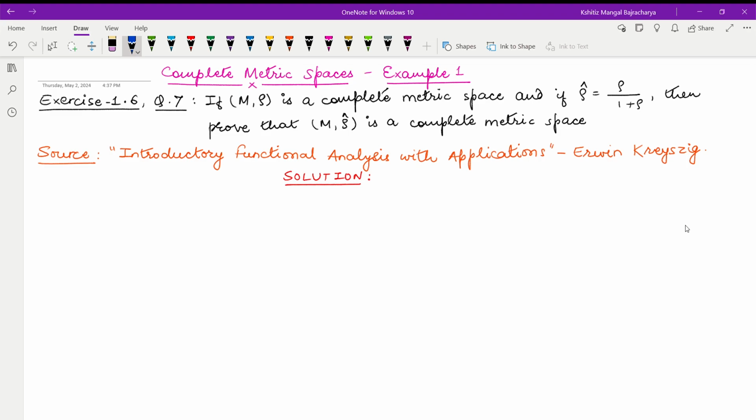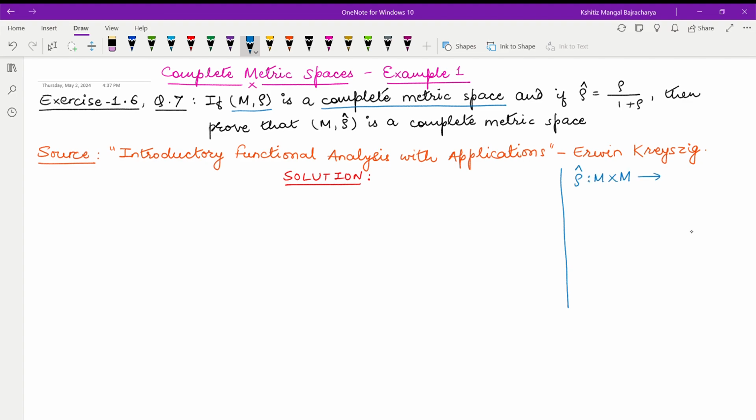In this video, we're going to discuss an example related to complete metric spaces, and this example is in fact an exercise under section 1.6 of the book Introductory Functional Analysis with Applications. What we are given is a complete metric space (M, ρ), and we're given another function